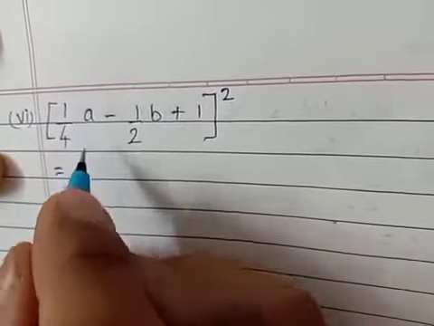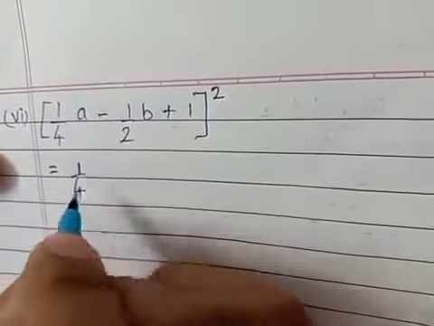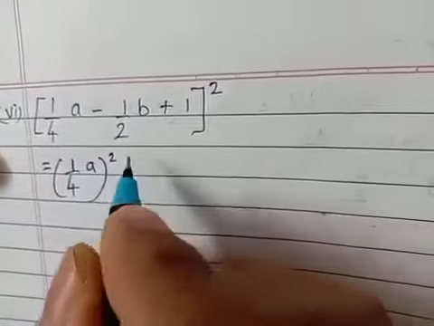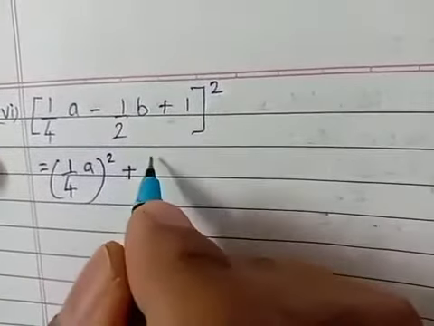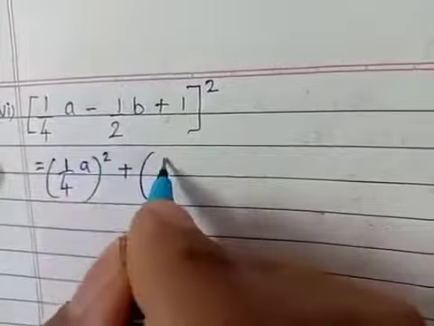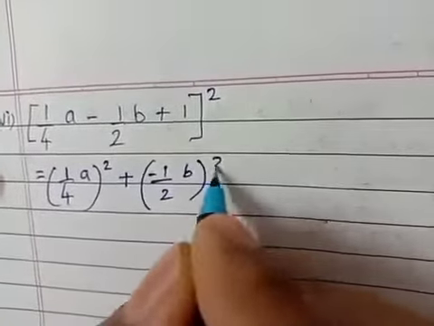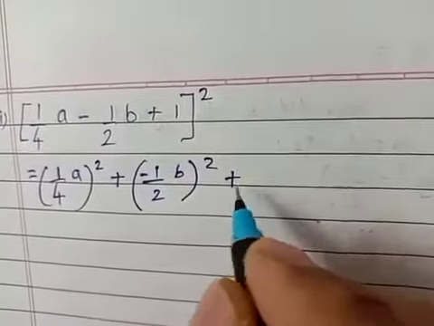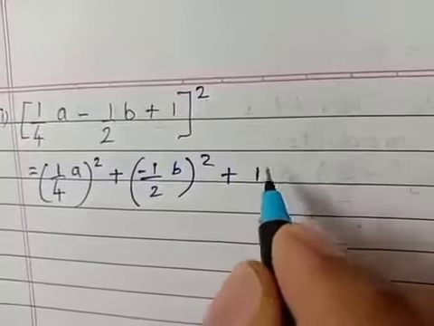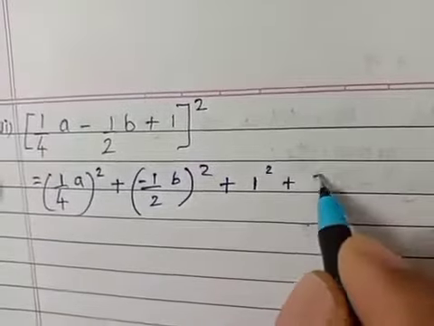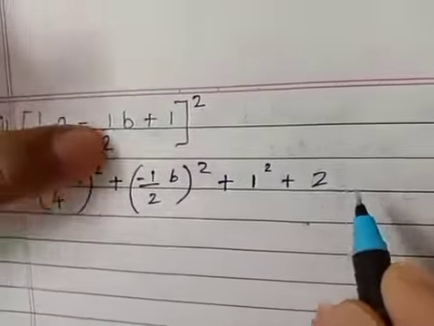What is a over here? 1/4a. a square plus b square. What is b? Minus half b square plus, now what is c over here? 1, so 1 square